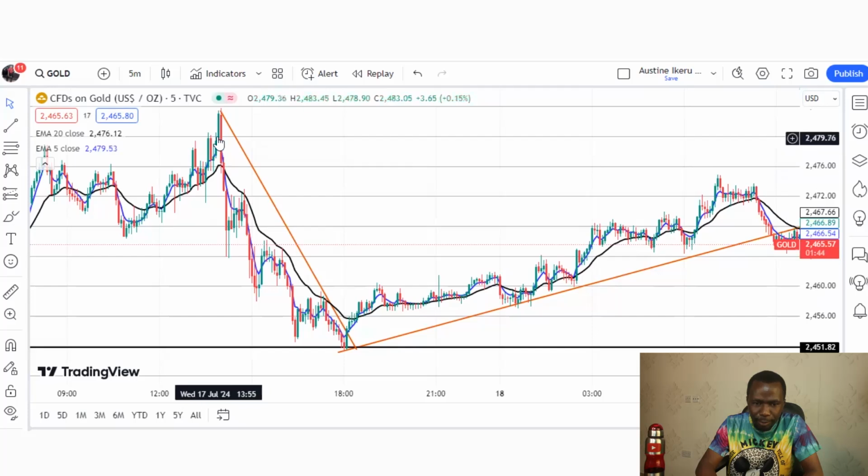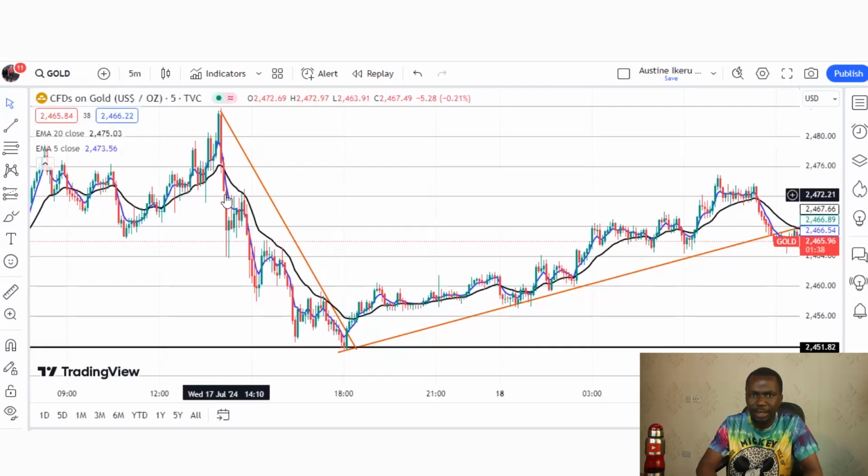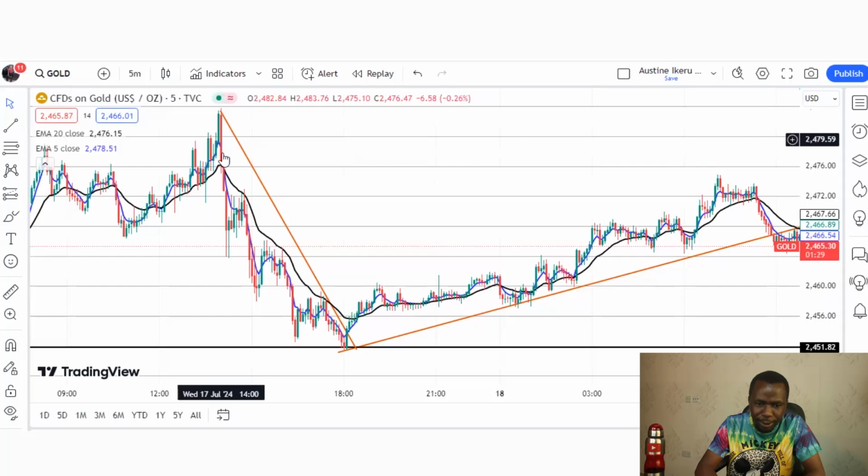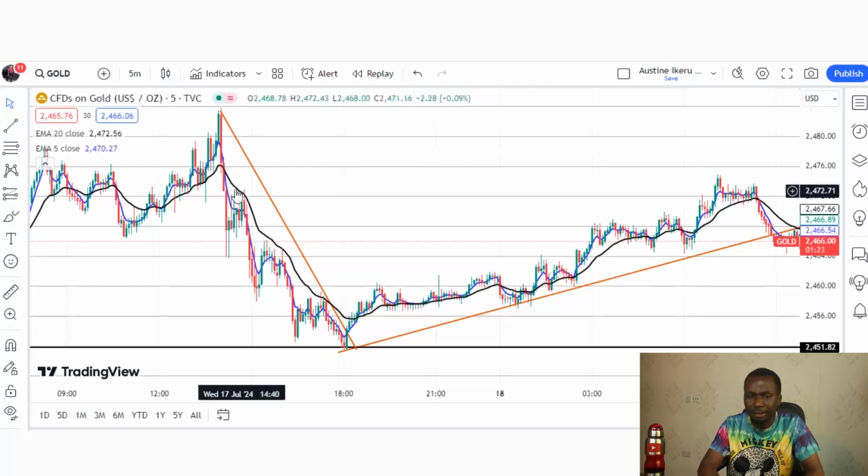So now we can clearly see that the market was from here going up and broke below the trend line. For the fact that the market has crossed below the trend line, this is what we call a moving average crossover, because as the price crossed below the trend line, the 5 EMA, which is this blue line, crossed below the 20 EMA, which is this black line. So this is our number one entry trigger, right? So we have gotten our number one entry trigger.